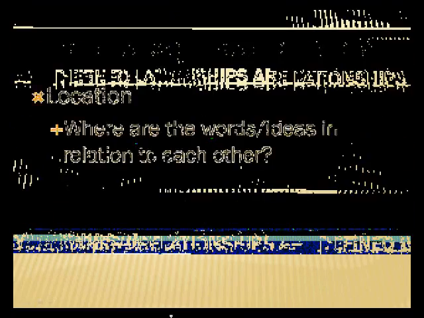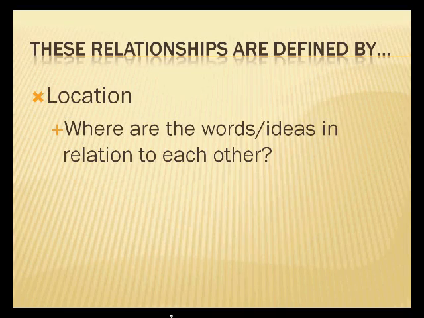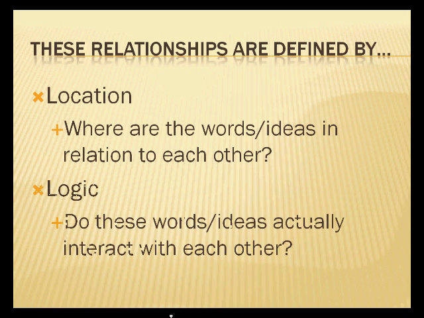Now, speaking of these relationships a little more clearly, these relationships are defined largely by two concepts. These are sort of like tests that we can think of applying every time we look at the relationship between words in a sentence. First off, we need to ask ourselves about the location. Where exactly are these words or ideas in relation to each other in the sentence? Another test we always need to apply is, is it logical for these words to actually interact? Oftentimes this is where our grammatical mistakes occur, in that the particular ideas we have together don't seem logical.